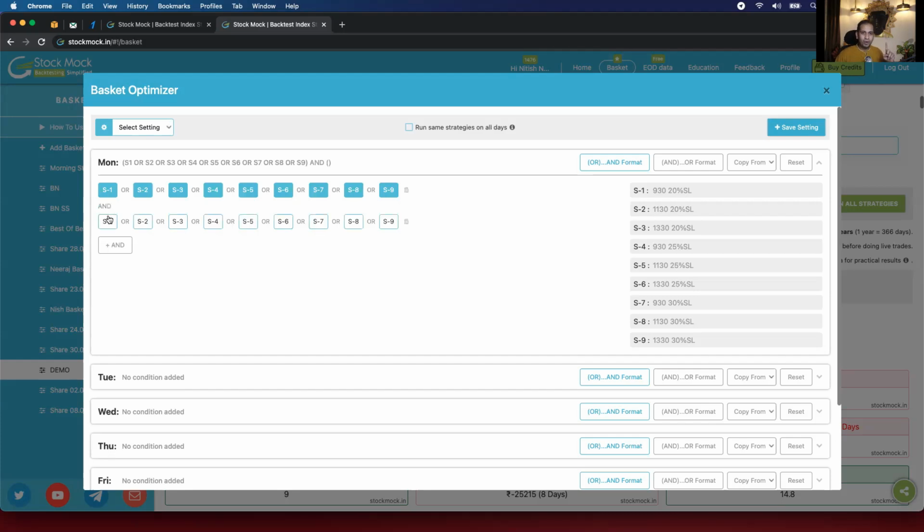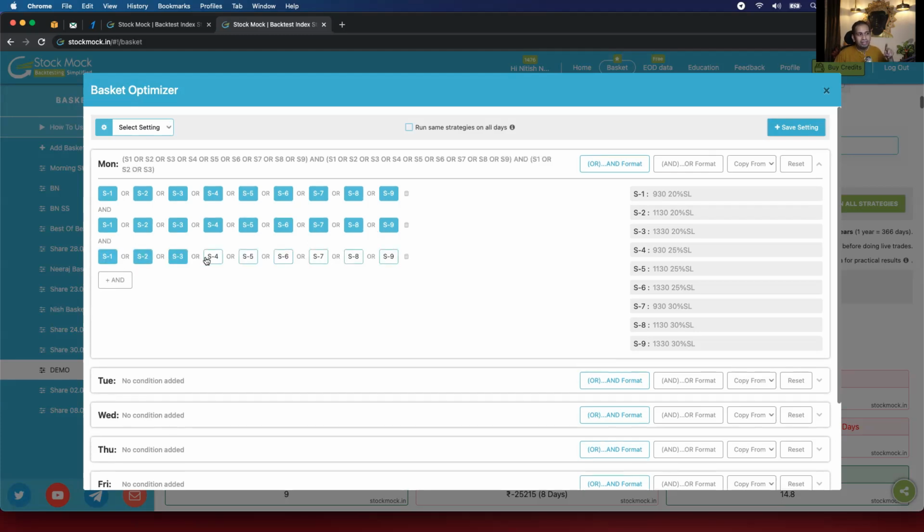And I want to do the second strategy. Now think about it yourself. It can also be from S1, S2, S3, S4, S5, S6, S7, S8, S9. And the third strategy can be from S1 to S9. It's very clear that the three strategies I want to do can be from S1 to S9: first from S1 to S9, second from S1 to S9, third from S1 to S9. Okay, I'll repeat it on other days.